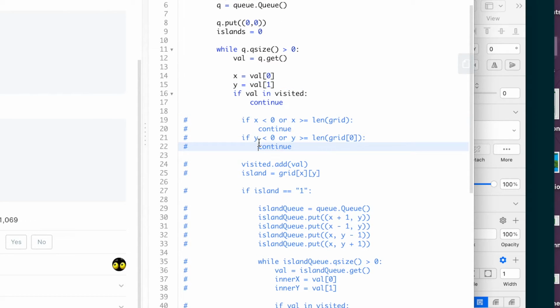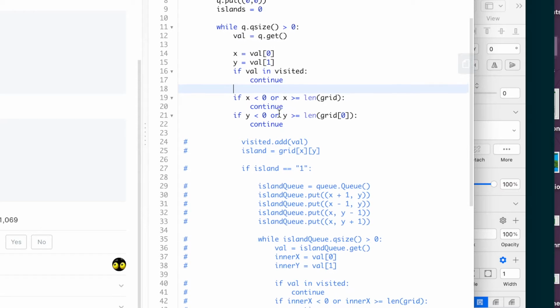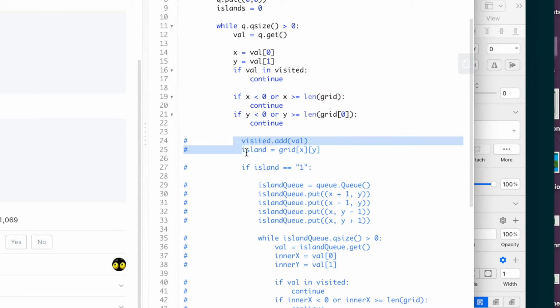Now we do a simple boundary check. If it's greater than the length of the grid, or if it's less than 0, then this will break. And then we add the current coordinate onto the visited list. Just some bookkeeping stuff. And now this is where the algorithm logic starts